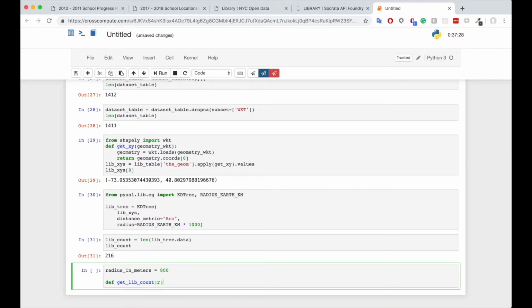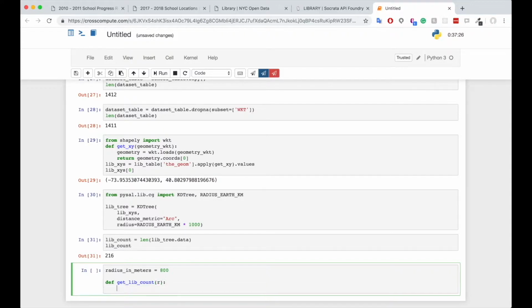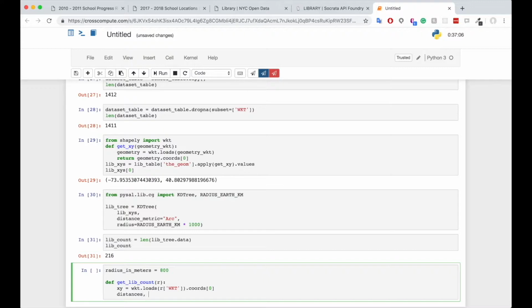Take R and have xy equal to wkt.loads of r's wkt column dot coords 0, which is going to turn it to xy, and then take distances, indices and set it to libtree